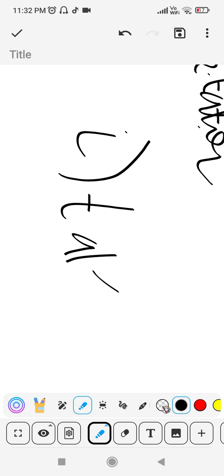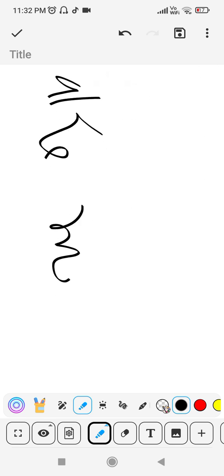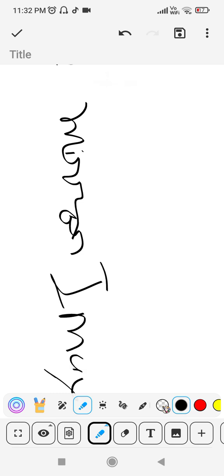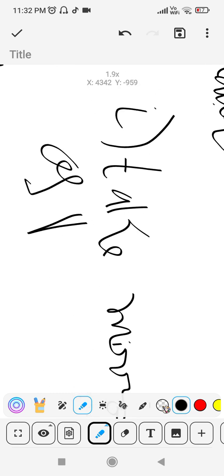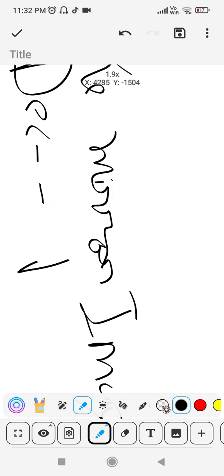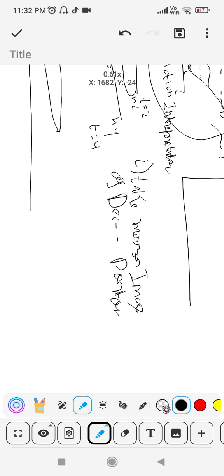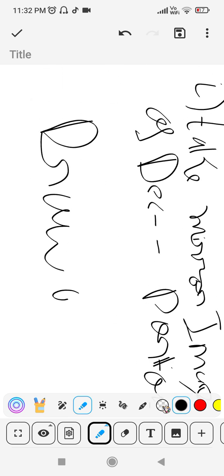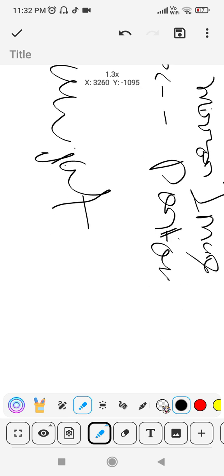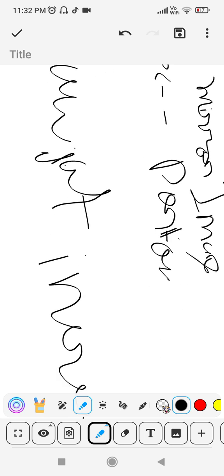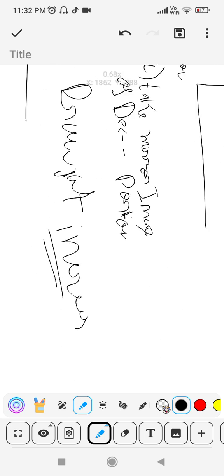First is take the mirror image of the decreasing portion and draw it as increasing. You can also say it like this: wherever you see a decreasing function, convert it into an increasing function, and you will be ready with your